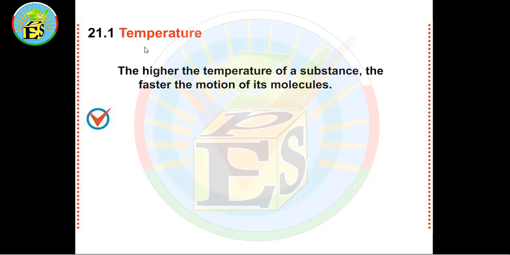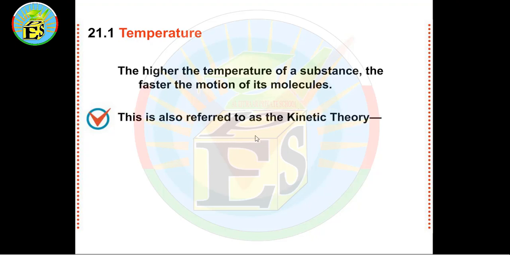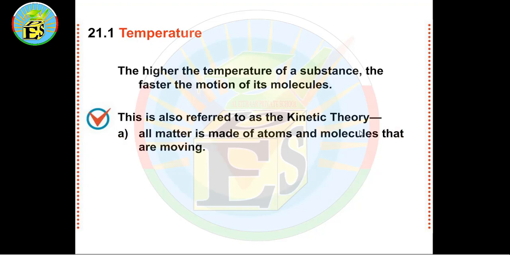At first, we will study temperature. The higher the temperature of a substance, the faster the motion of its molecules. The first postulate of molecular theory, also referred to as the kinetic theory,